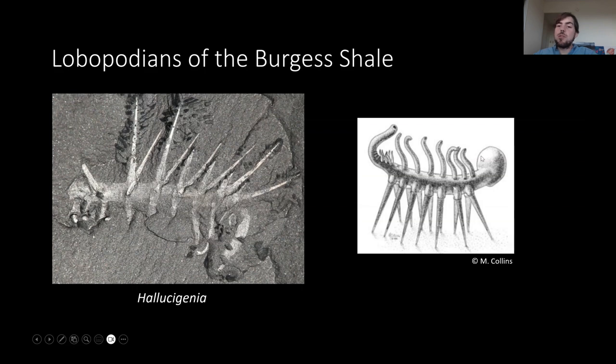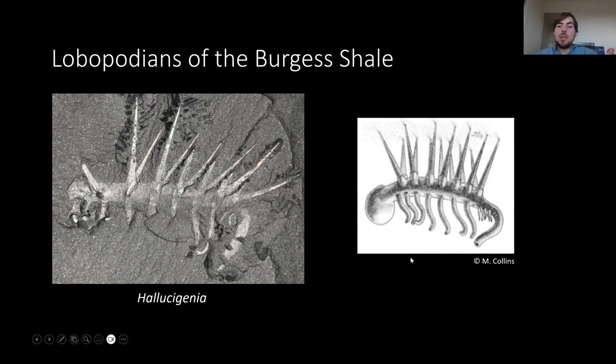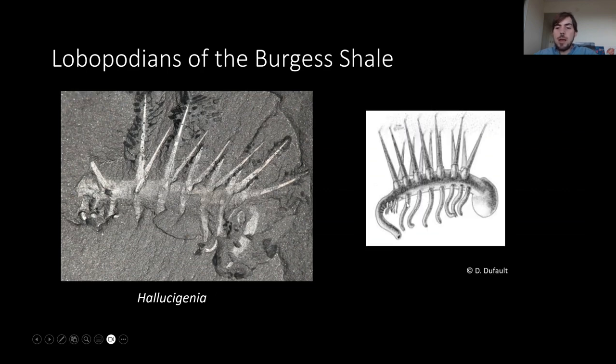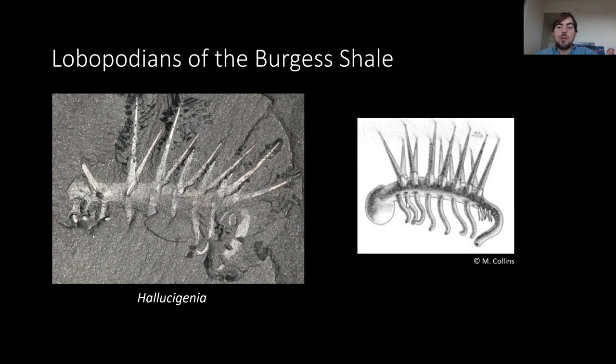This is the description that appears, for example, in Stephen Jay Gould's book, Wonderful Life. Of course, this animal was shifted upside down, and we realized that the spines were part of its back and that the tentacles were its limbs. But maybe what many of you don't know is that there has been another shift from the anterior to the posterior side. So, before it was thought that this was the cephalon of the animal, the head,